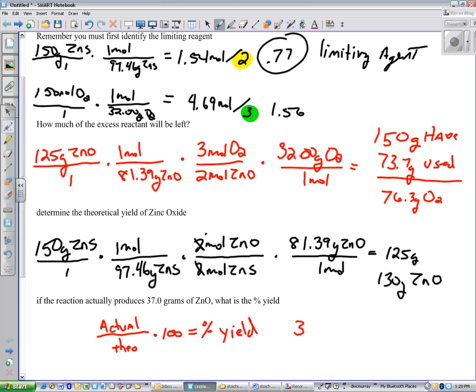And my actual, according to this, is 37 grams. My theoretical is 125 grams. And I multiply by 100. And I will get my percent yield, which comes out to